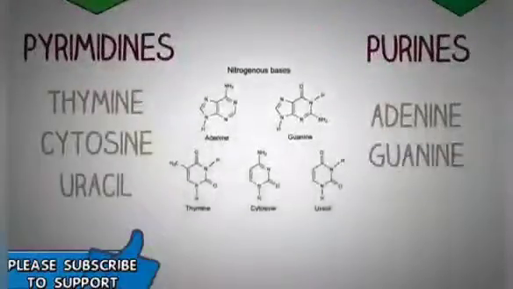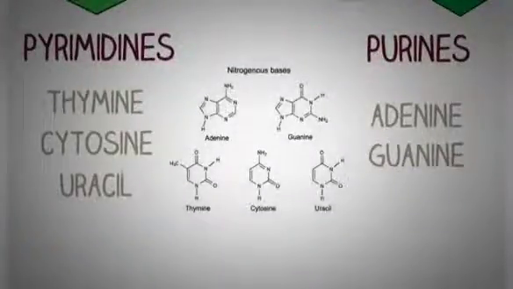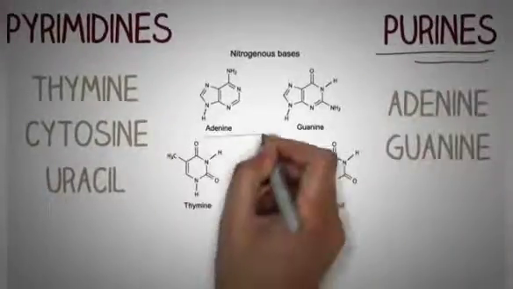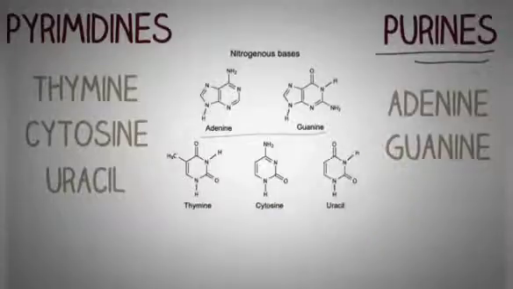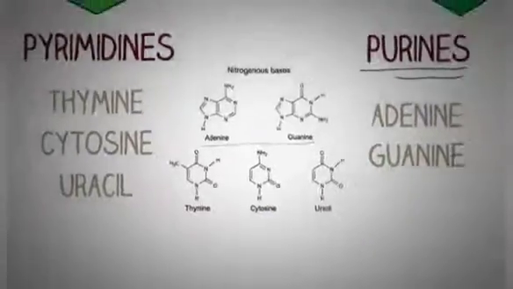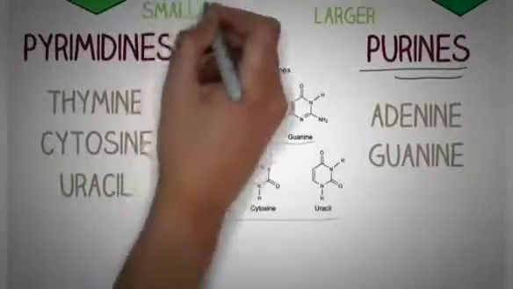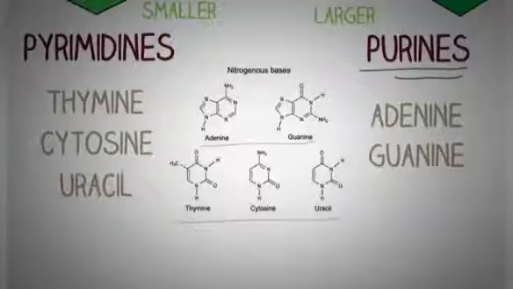In the center you can see the chemical structure of each of these bases. As you can see, the purines, which are double ring structures, are adenine and guanine. Due to the presence of double rings, these purines are larger as compared to the pyrimidines. The thymine, cytosine and uracil all are single ringed structures and they are smaller as compared to the purines. The difference in the size of these bases is very important as it helps to pair these bases in the structure of DNA properly, which we'll study later.